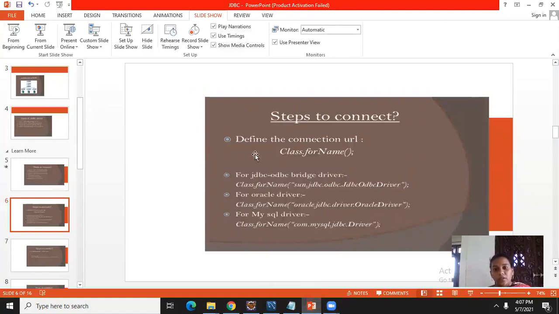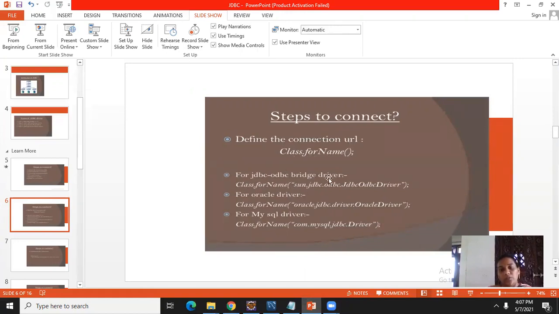Here, see this. First step, define the connection. First we need to load the driver. To load the driver, I need a method called Class.forName, which will load the driver. Whatever driver I mention here, it will load into the Java program.